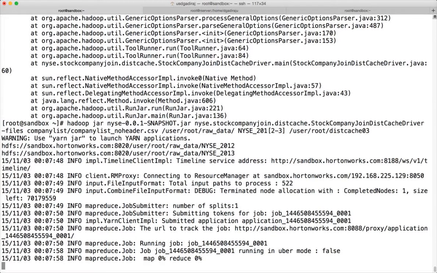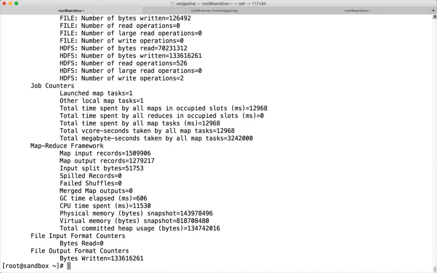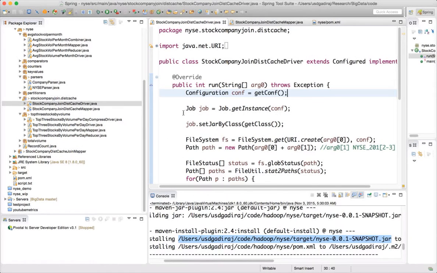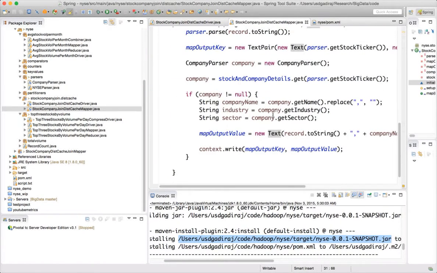So there will be some issues in the code, both in the mapper as well as the driver. We need to fix those things. Let us review the data first. And also, from the previous program to this program, as part of the mapper, I have added one additional line: company not equal to null, just to handle the null pointer exception. If you look at my previous video, you will not see this line, but now I have added that to avoid